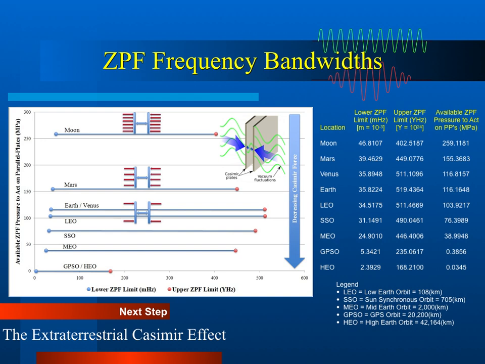I have done this quite deliberately because the zero-point field in the presence of matter is no longer in its ground state, it has been polarized and consequently termed a polarizable vacuum field. You'll see more about changes in the Casimir force, that is, the extraterrestrial Casimir effect, in the coming slides.